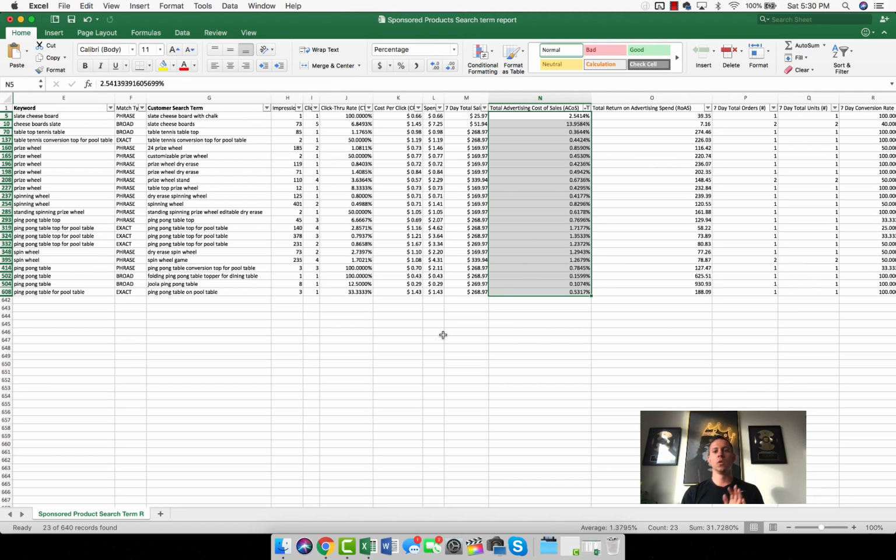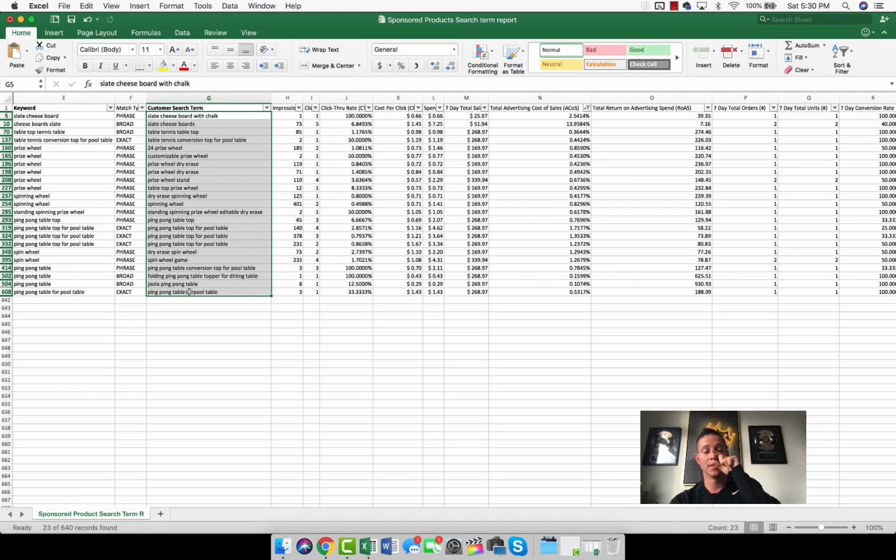Okay, so what this means, guys, is these are the words that we've advertised for that are getting us sales, right? What these words mean is these are the exact customer search terms that people are typing in that are being associated with these words, like cheese board slate, broad match, slate cheese boards. So we typed cheese boards slate, they typed slate cheese boards, and broad match associated these two, and we got a sale, right? So these words are incredibly important because what this means is you can take all of these words